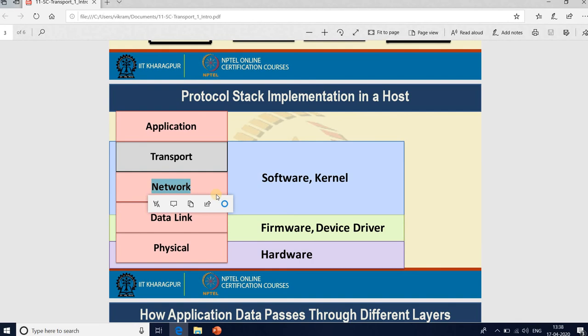If you think about a Unix type of operating system, inside the kernel you have the implementation of the higher part of the network layer, sometimes called the IP layer in the context of the TCP/IP protocol stack, and the implementation of the transport layer. The different types of transport layer protocols are implemented as a part of your software, part of your operating system or Unix environment.